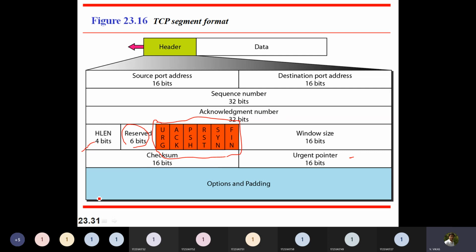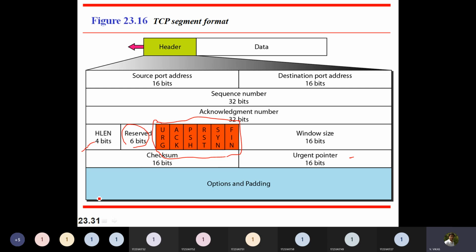In TCP also, if I have some data and we are also providing an acknowledgement along with the data, then I keep this ACK flag as 1. That means it is going to carry data and also give acknowledgement for whatever information you have received. Then PSH stands for the push flag.